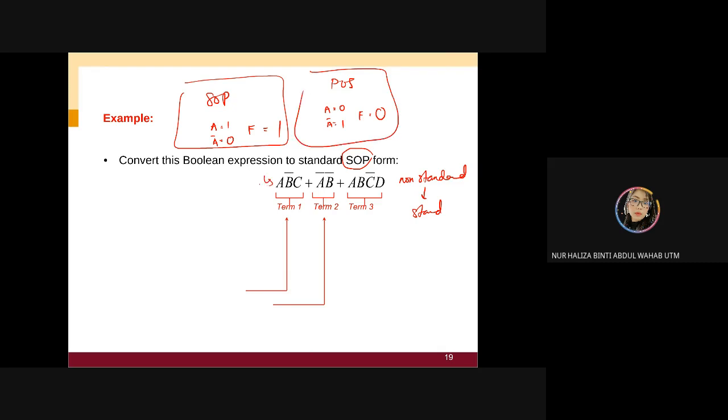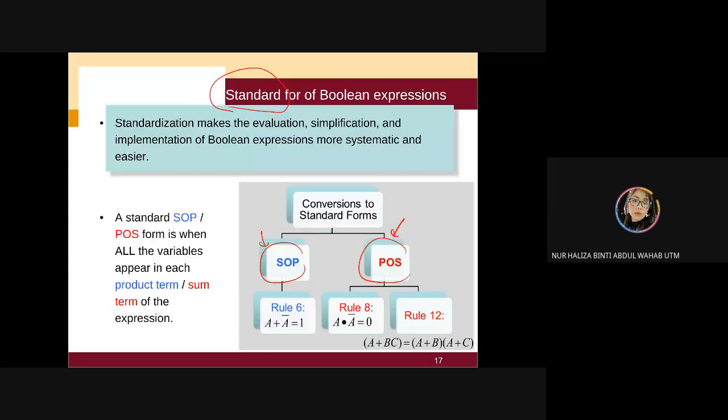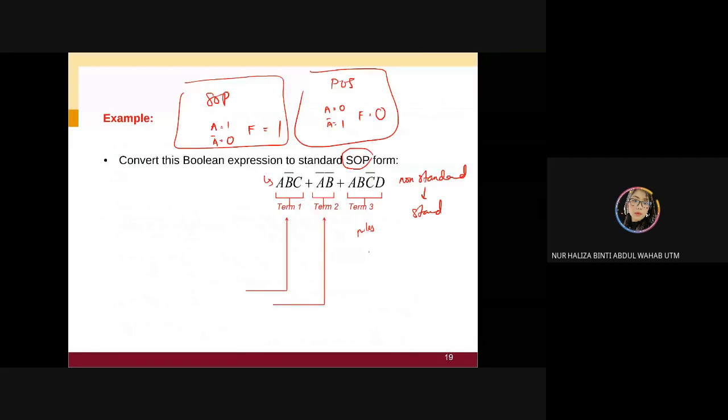And using this Boolean expression, you already learned that you need to apply rule number 6, which is A plus A bar equal to 1. When you apply this and multiply it to your existing Boolean expression, then you're going to get the same value. That's why,